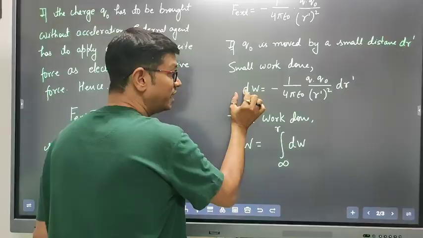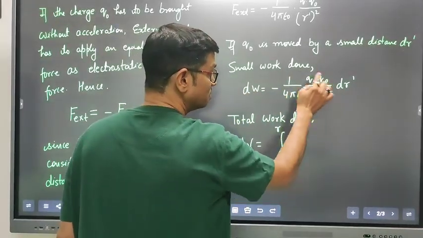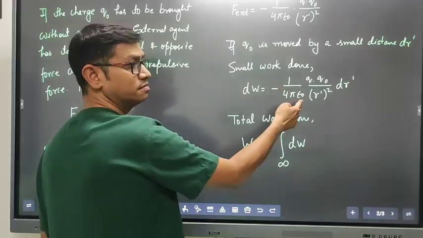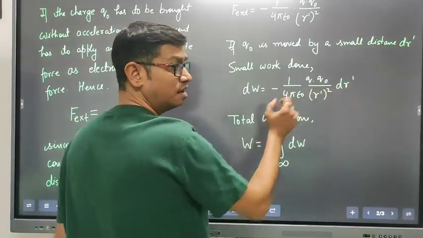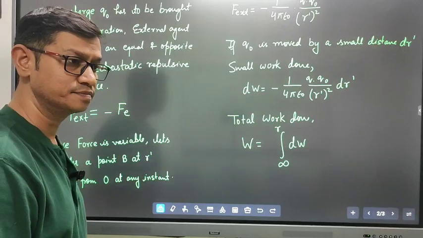displacement, so dW would be force into displacement, force कितना था, ये डिस्प्लेसमेंट कितना dr', ठीक, ओके।